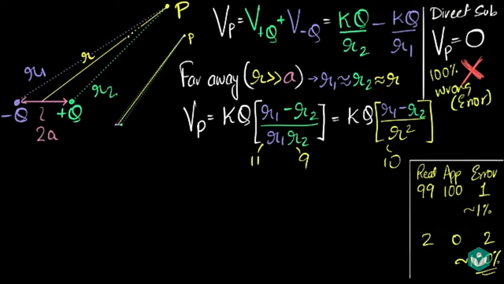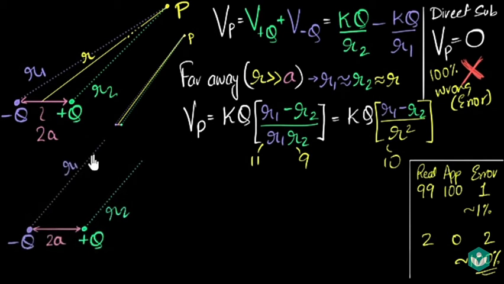Let me zoom in, go close, and you notice something. If the point is very far away, then all these three lines look parallel to each other, and that is the secret we are going to use. I am going to redraw this. This time I am going to draw R1 and R2 parallel to each other, and P is really far away. How does that help? To figure out the difference between these two parallel lines, I draw a perpendicular from the shorter line onto the longer line.